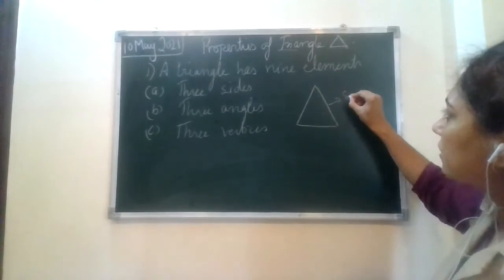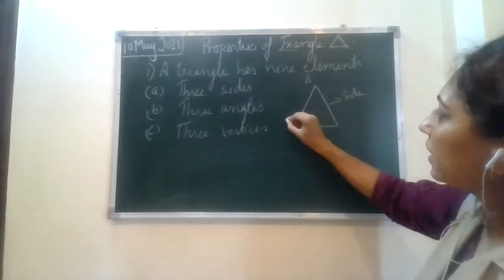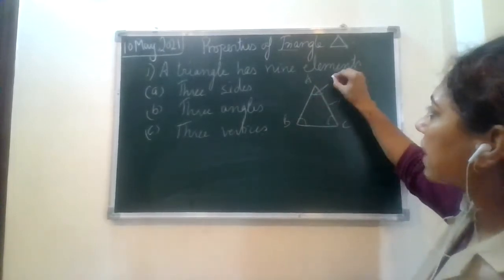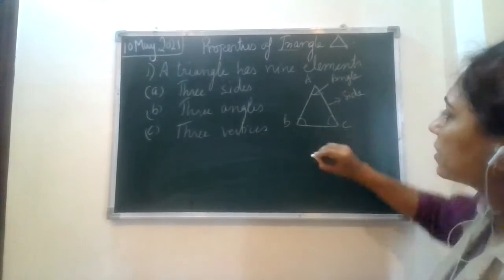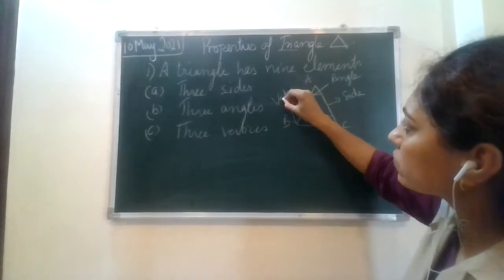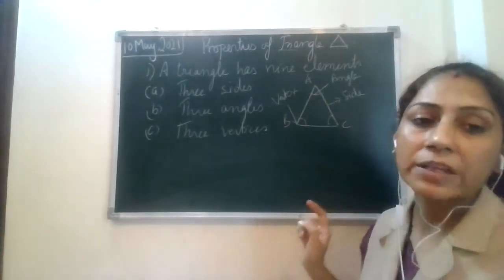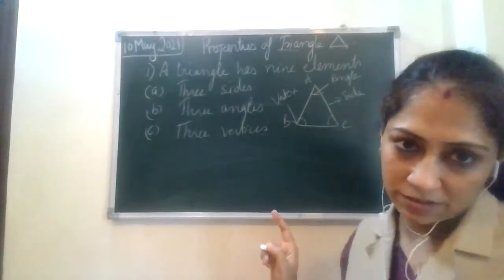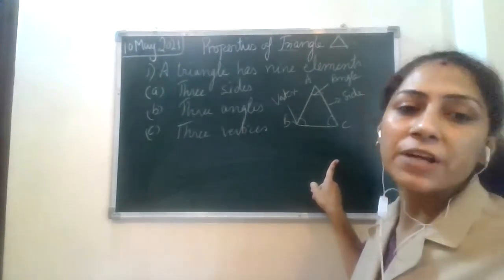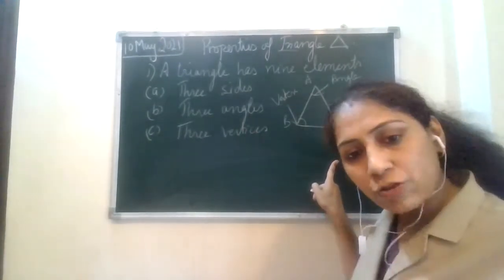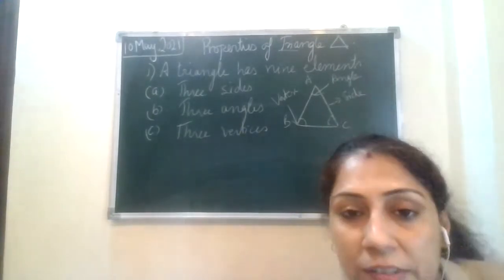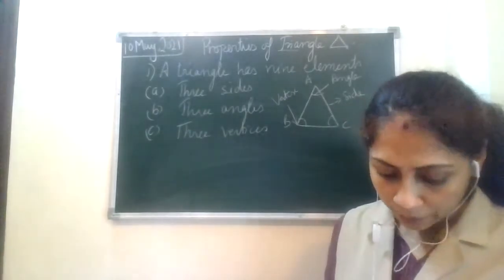This is a side, fine. Suppose this is angle ABC. We should name the angle and triangle ABC. And this is an angle, right? And this is your vertex. One is called a vertex. One corner is called a vertex. If you take the plural form of it, it is called vertices. Okay. So this is the very first property of triangle. This you started in your class 6. Gradually we will proceed towards class 7. But you must know the meanings of all these 3 terms and not get confused.